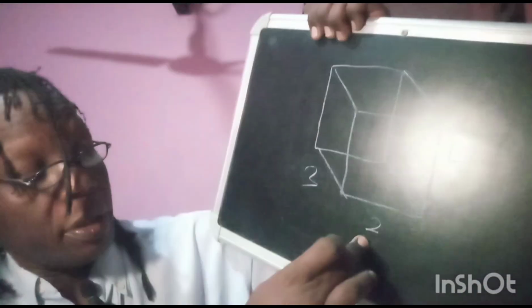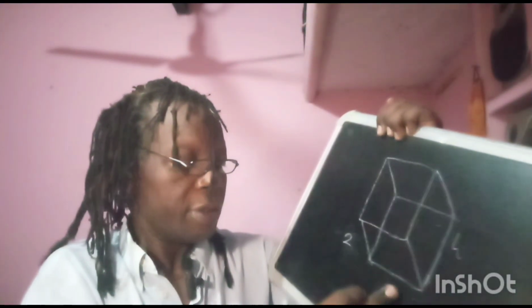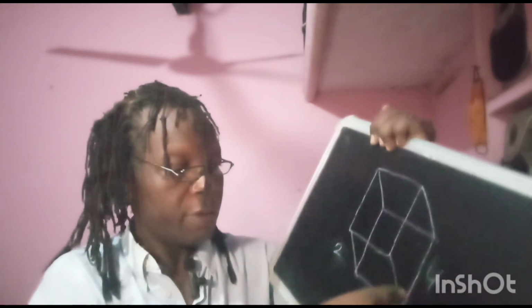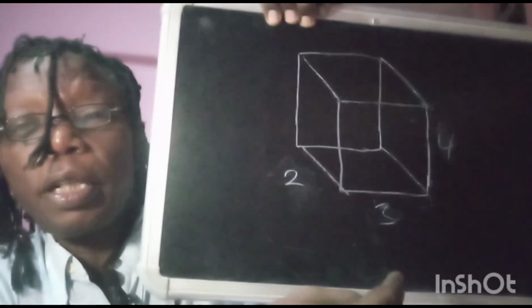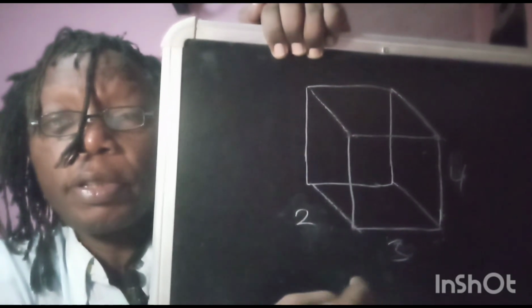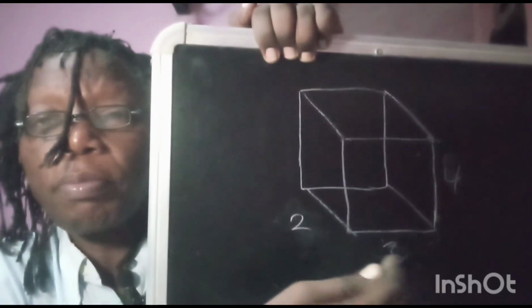So for example, suppose I give 2, 3. It means I'm a square. Or let me give this 2, I give this 3, and I give this 4. So if I'm calculating the area, I'll calculate this times this. It looks like a cube, but